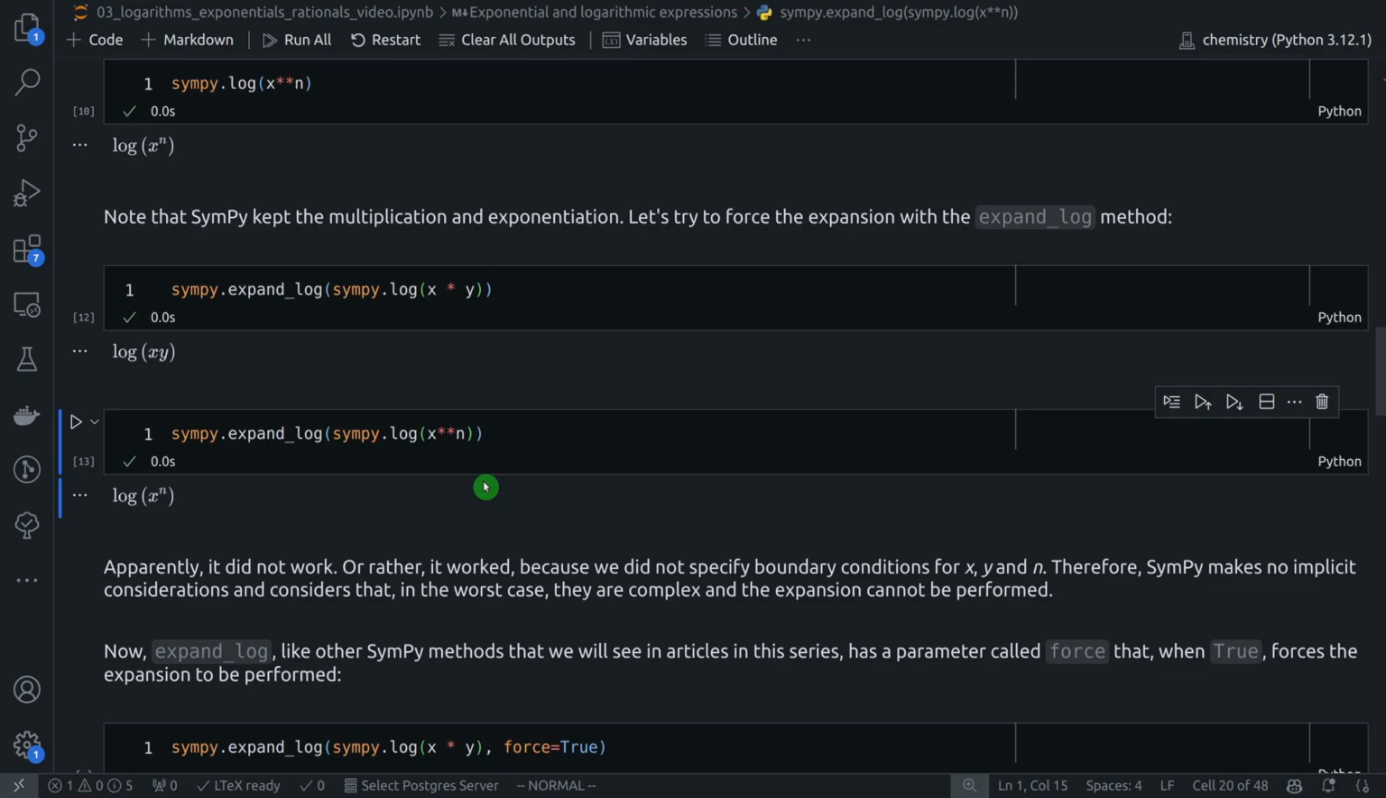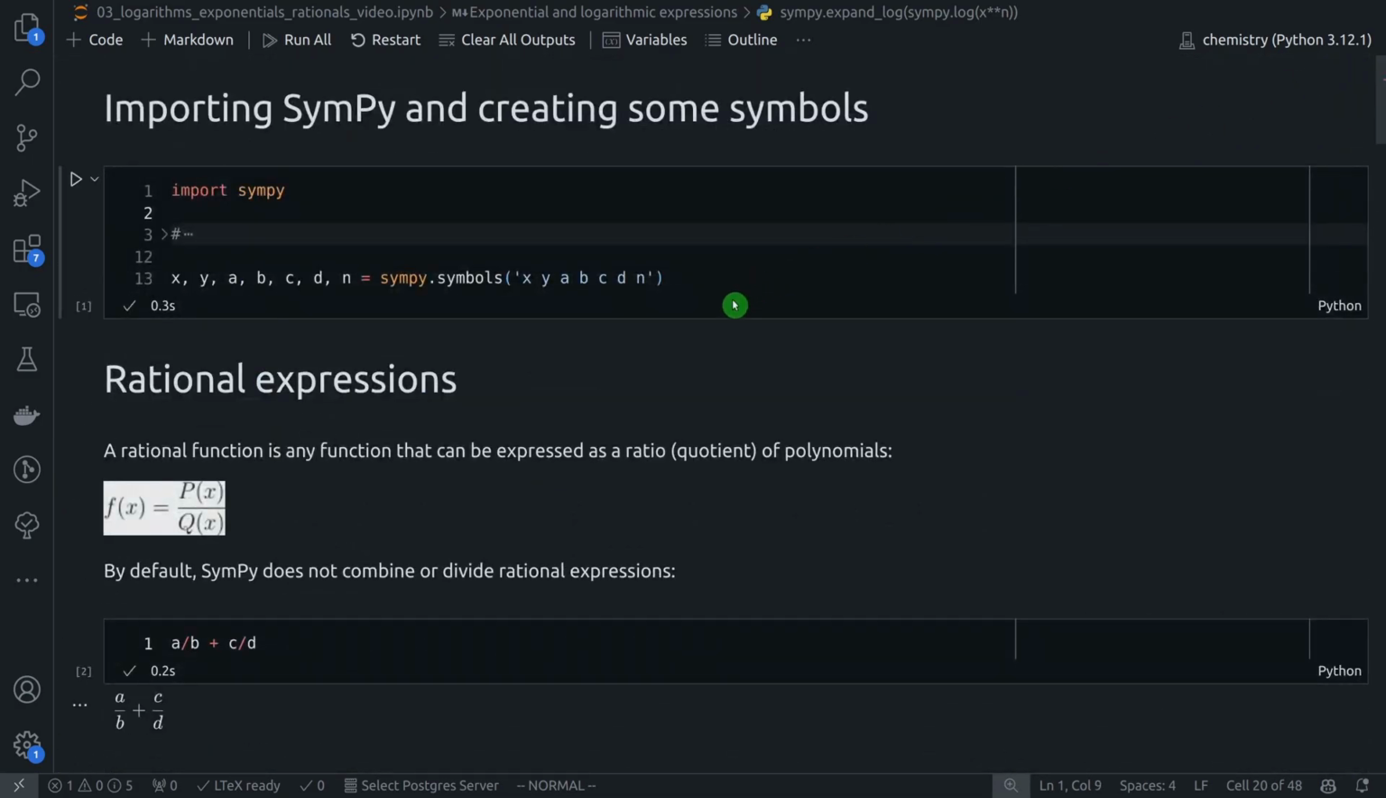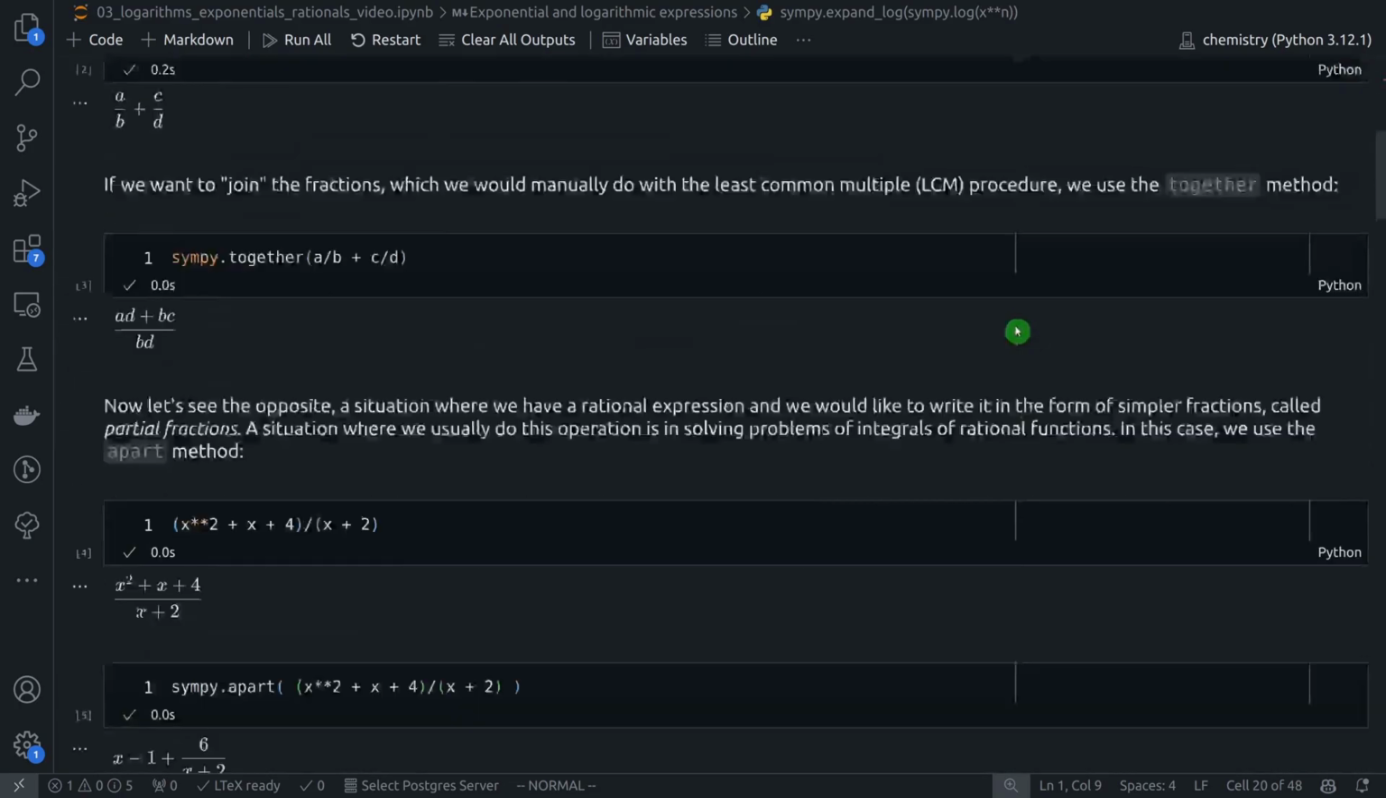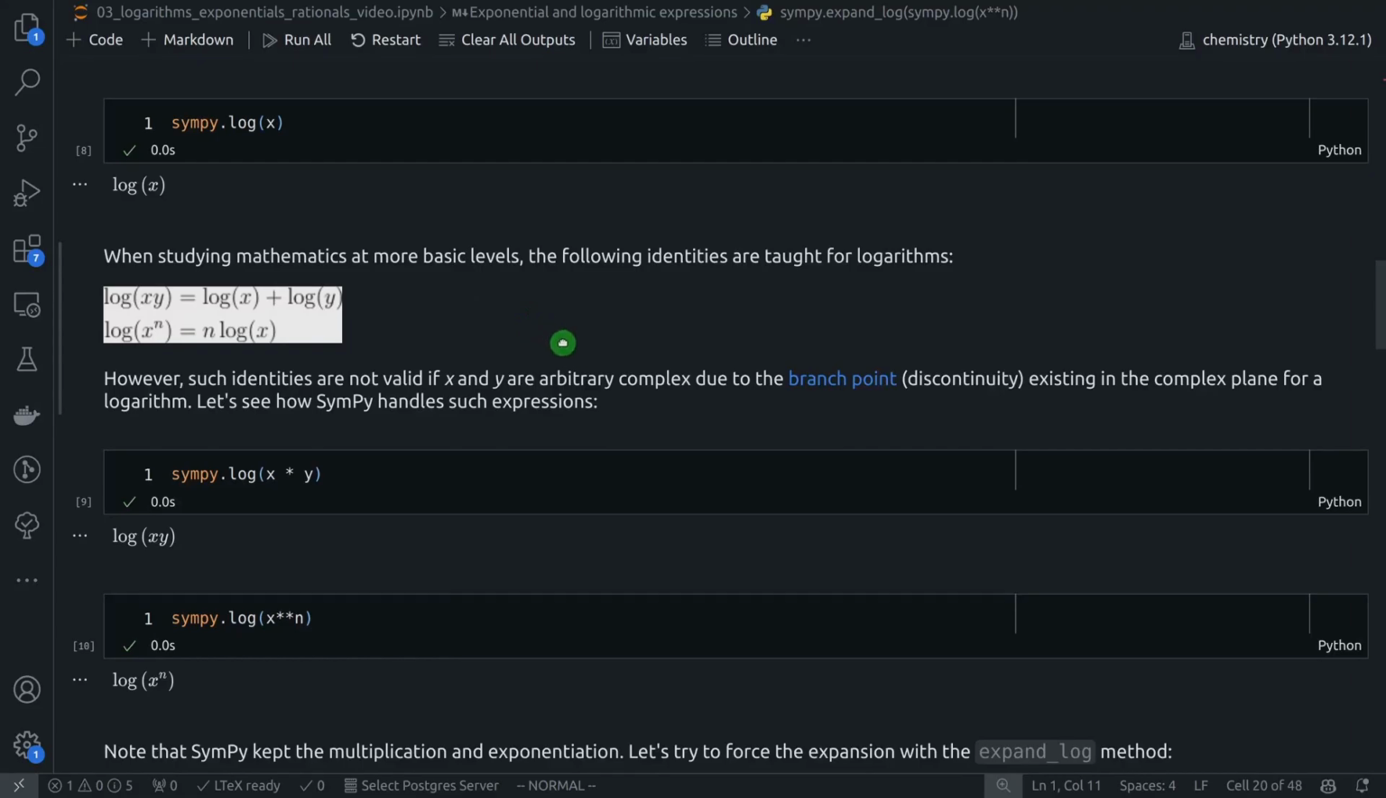But I want to tell you that it did work. This is the expected behavior because when we defined these symbols, we didn't put any constraints. These symbols can represent anything, even complex numbers, and these identities are not valid for complex numbers. Okay? But let's say that you really want SymPy to make the expansion for these expressions, so you can